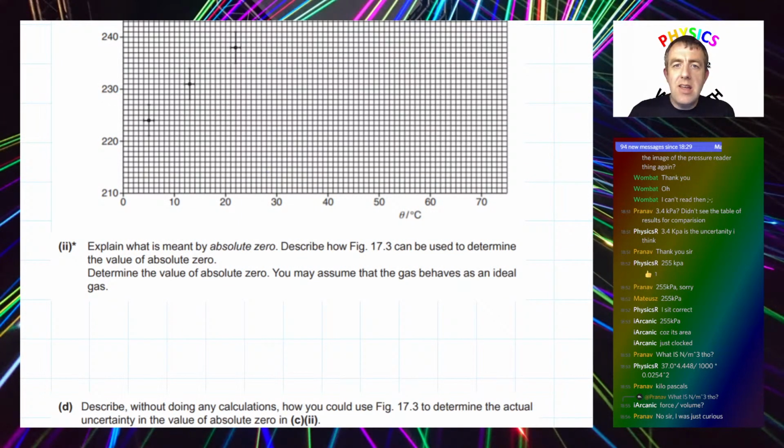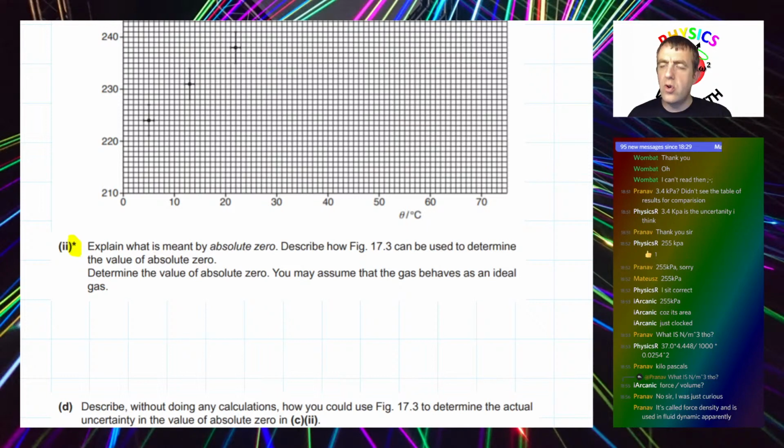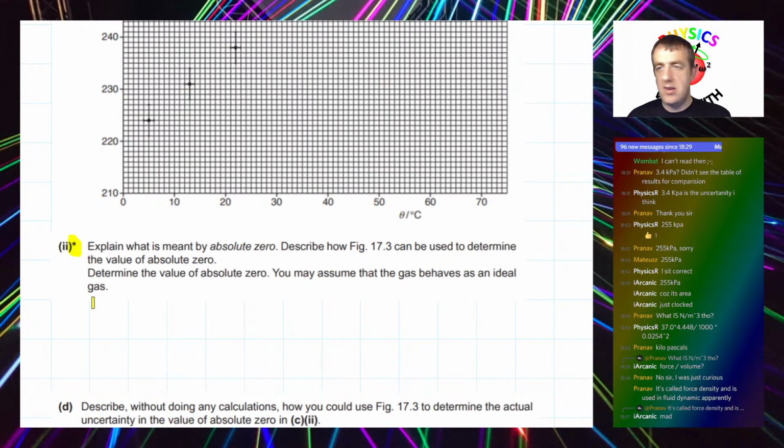Now, on some exam boards, if it's a question where they're looking at how you answer as well as what you answer, what they used to call quality of written communication questions, nowadays they tend to get called level assessed questions. Some exam boards put a star next to the question to give you a clue that if it's out of 6 marks, it doesn't necessarily mean you've got to say 6 things.